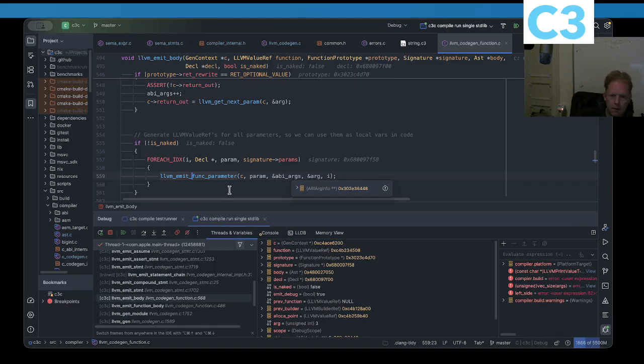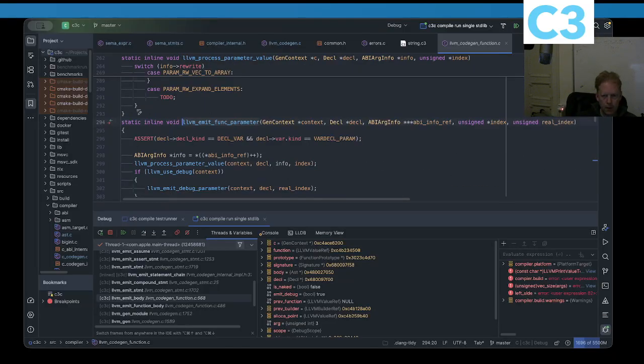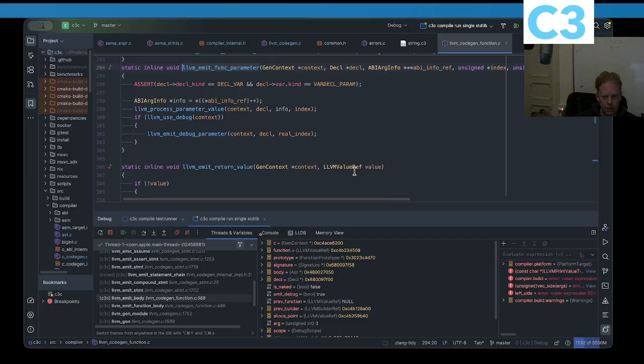That doesn't make sense. It's not naked, right? So we already entered this thing where we emit the function parameters as parameters, but you know, it shouldn't be. Okay, it's a slice, right? So that's true, but